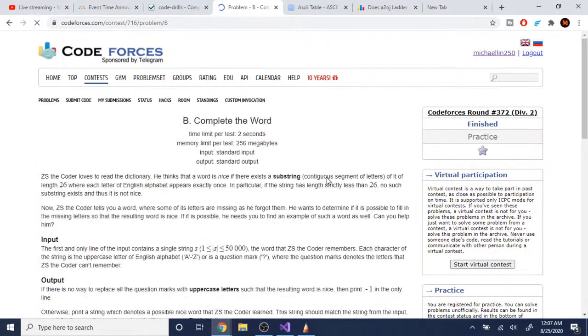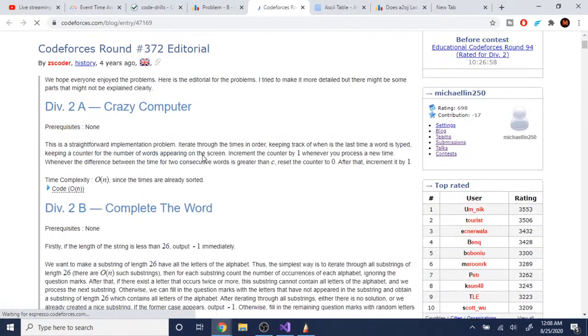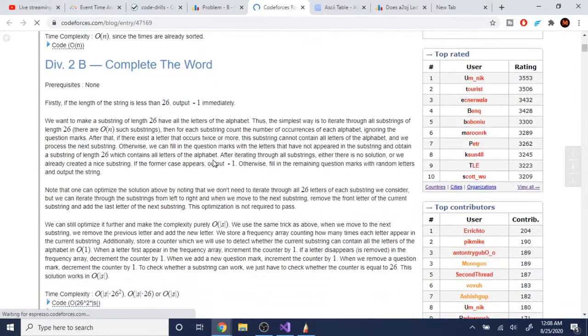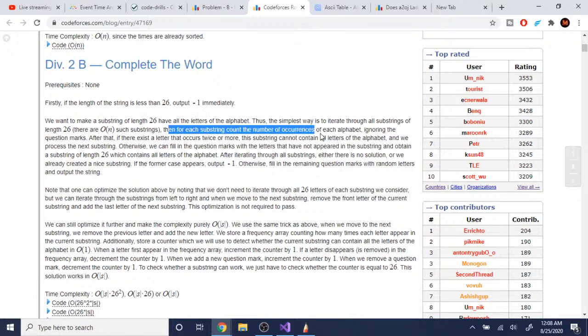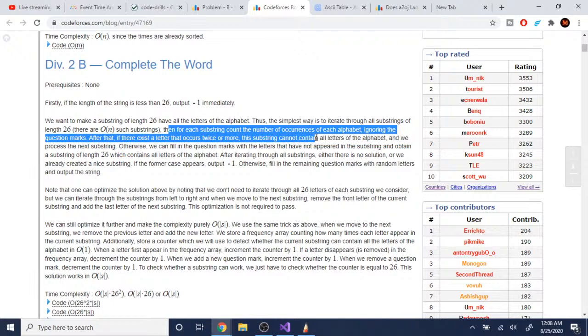Because I'm not sure. You want all the letters of the alphabet. The simplest way is to iterate through all substrings 26 times. Then for each substring, count the number of occurrences of each letter, ignoring the question marks. After that, if there exists a letter that occurs twice or more, the substring cannot contain all letters of the alphabet, and we have to produce the next substring. Oh boy. Okay, so